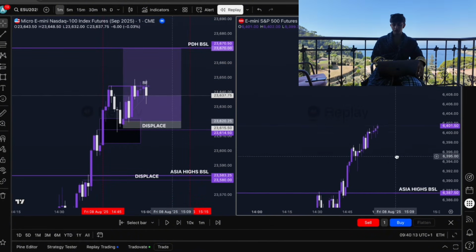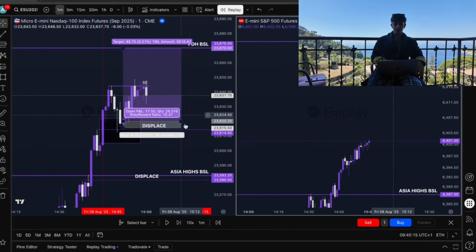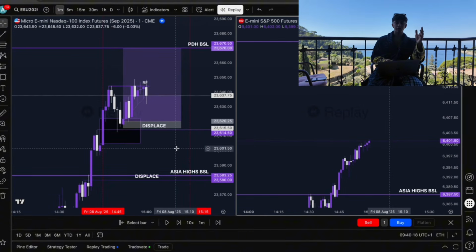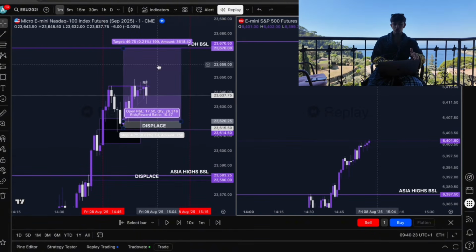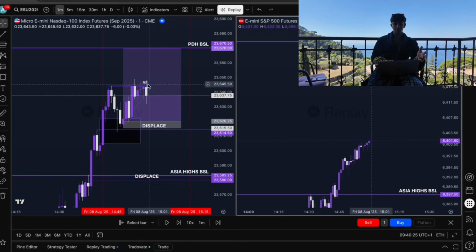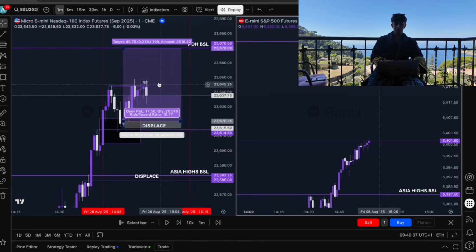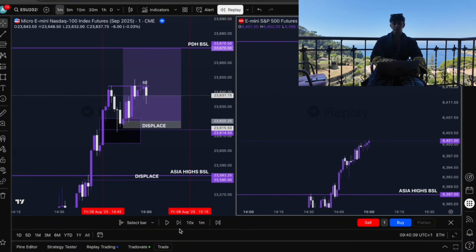Now simply, I just sat on my hands and waited for price to do its thing. There's no point in closing early or taking partials, because there are no valid points to really even take partials here. You should be having one TP. If you have a further distance and price is not as volatile, then there's a clear point to be taking partials, and that's fair enough. But here, when price is looking a bit more volatile, I wouldn't say there's any point in taking partials. So right here, I'm still just at break even. I'm not moving my stop.